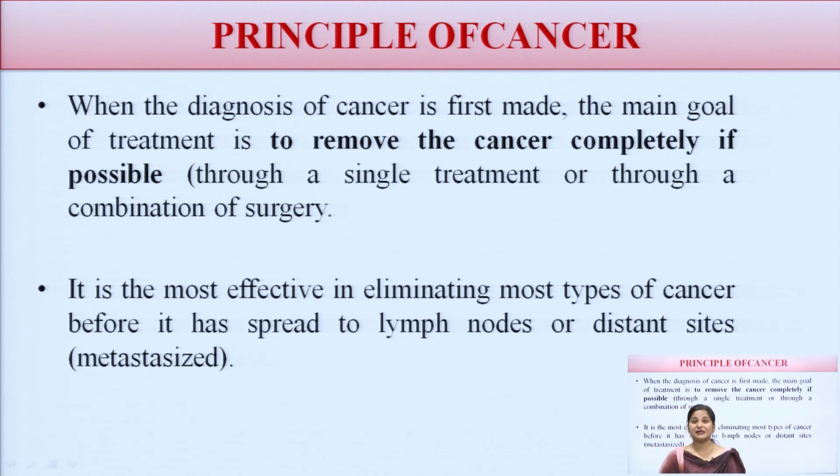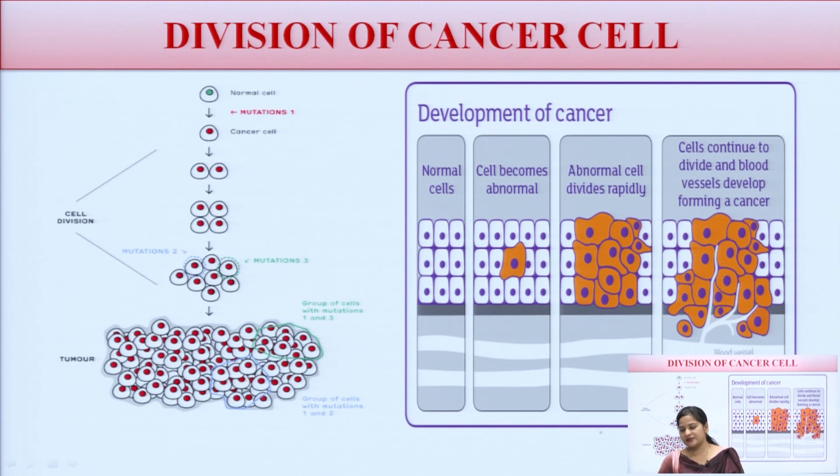Now, what is the basic principle behind this cancer? When the diagnosis of cancer is first made, the main goal of treatment is the removal of the cancer completely if possible, whether from a single treatment or throughout a combination of therapies or surgeries. So it is most effective to eliminate the cancer before it is spread into the lymph nodes and